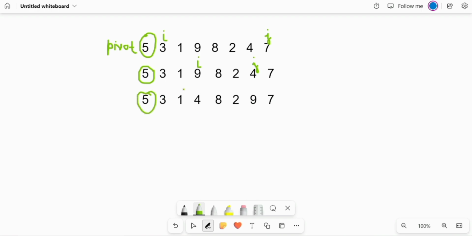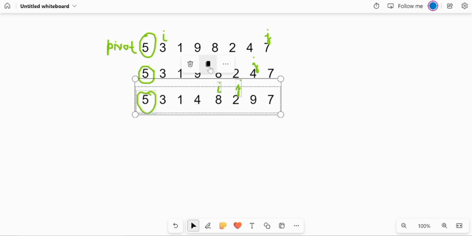As you can see, 3 is smaller, 1 is smaller, 4 is smaller, but 8 is larger than the pivot. And in the right to left scan you can see 2 is smaller than the pivot, so we will declare them with I and j variables respectively. And after that, as you can see, both I and j are adjacent to each other, so first of all we will just swap their positions, and after that